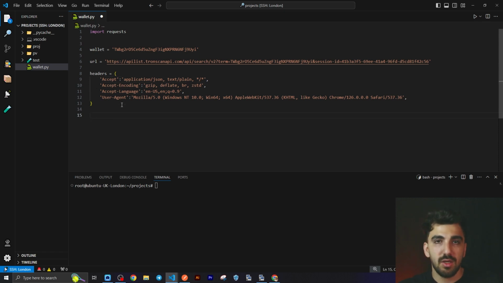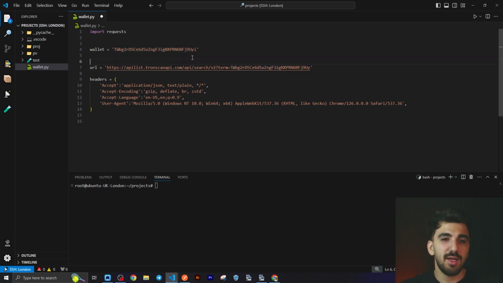And I've checked this API before and I found that we don't need session ID. So it's a good thing. And in term, we just need to put the target valid. So let me make it a little bit dynamic. I want to say that we're going to pass the valid each time